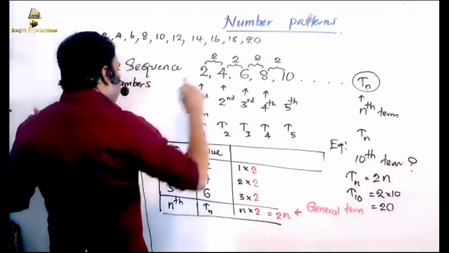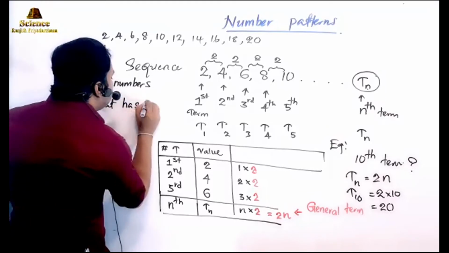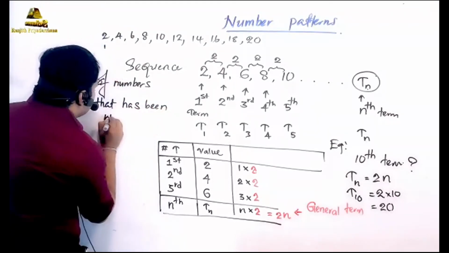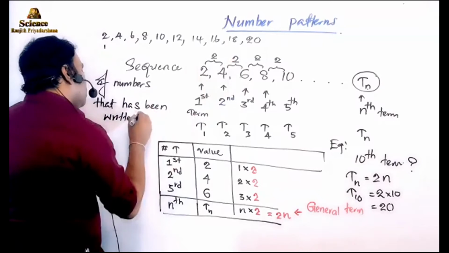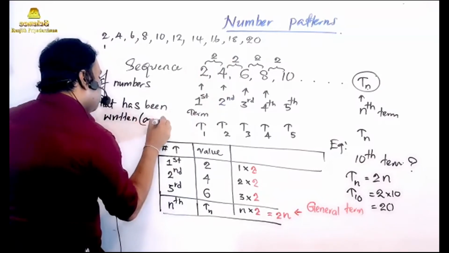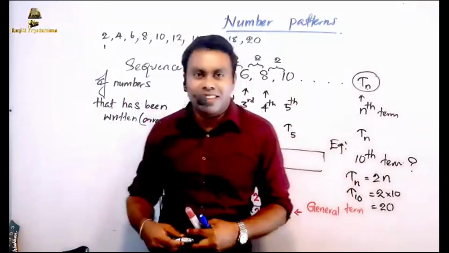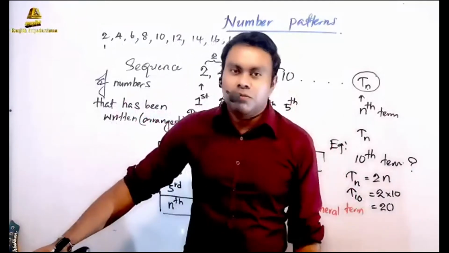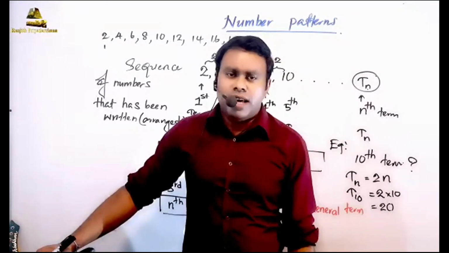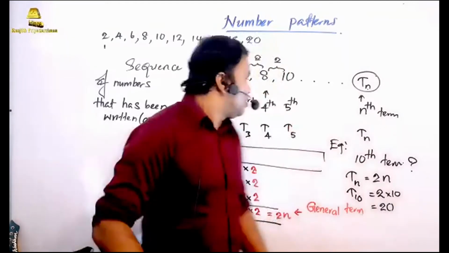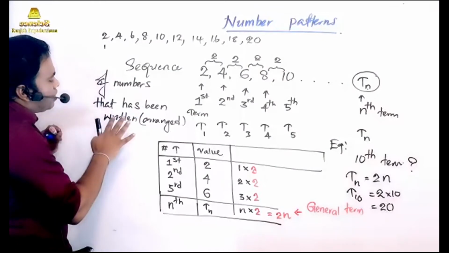A sequence of numbers that has been written, or you can say arranged, because sometimes you don't write that. It may be programmed in a computer as an array. Sometimes that may be in your mind, then you can say written. So you can write it as arranged. The sequence of numbers that has been written or arranged